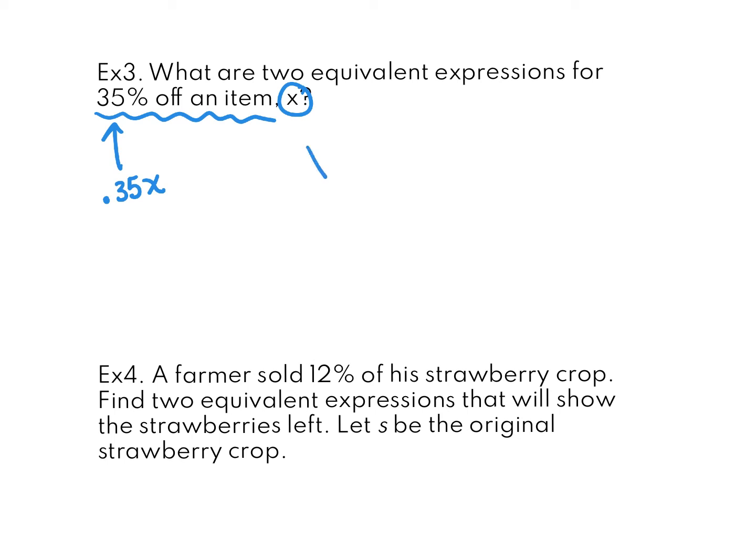So if we take x and we subtract 35% of that, that's where we're going to get our next expression. So this is expression 1. This is 1x minus 0.35x. That is going to be